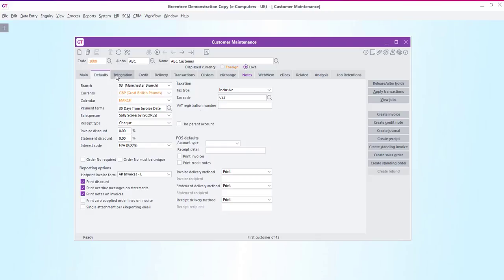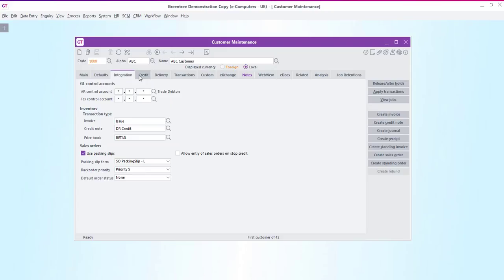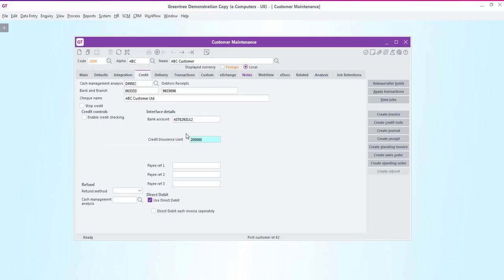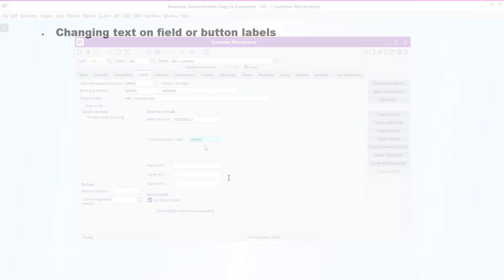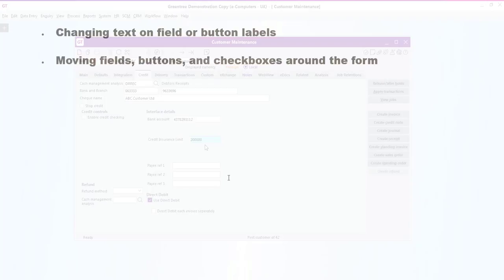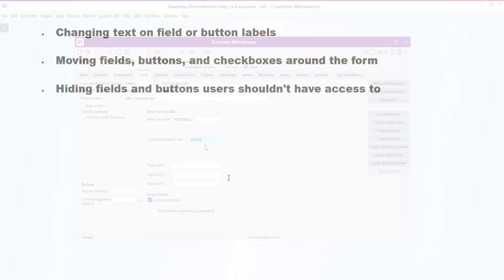Greentree now also has a new feature called Windows Designer. This enables you to make modifications to the Greentree forms. These modifications can include changing the text on field or button labels, moving fields, buttons and checkboxes around the form, hiding fields and buttons that users shouldn't have access to or aren't interested in seeing, adjusting the width of fields,